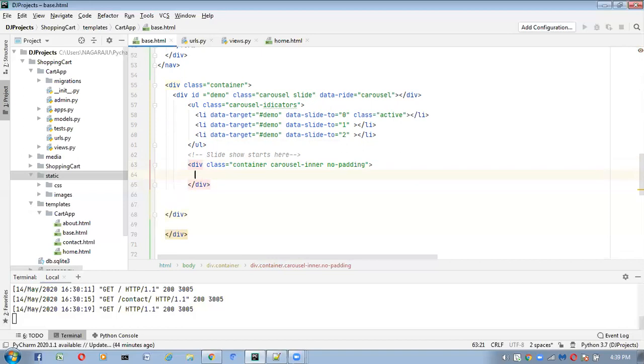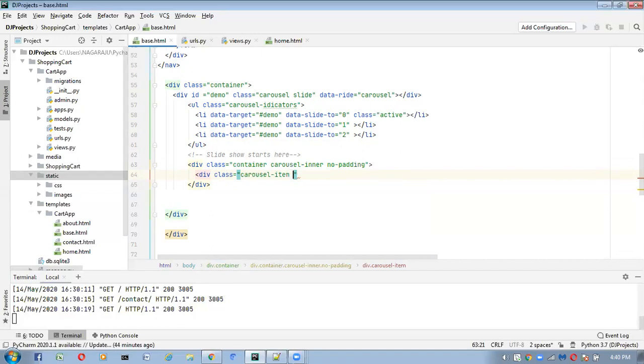Inside this what we have to take, here I'm taking one more div class, carousel item. Carousel item active.